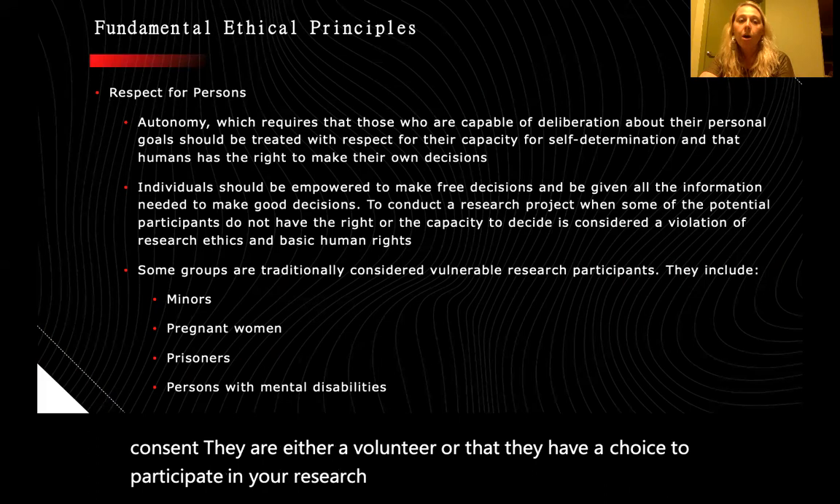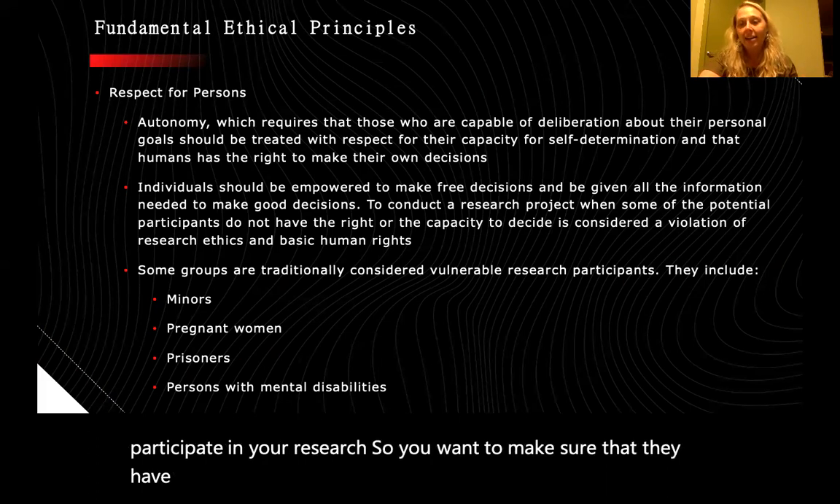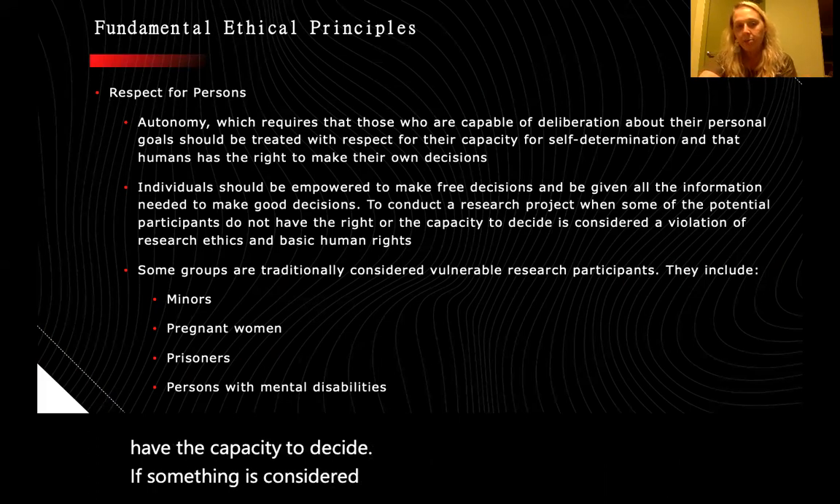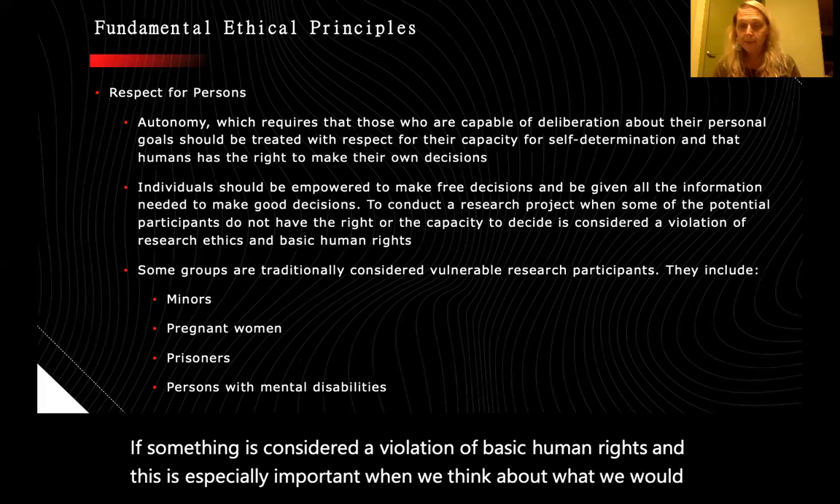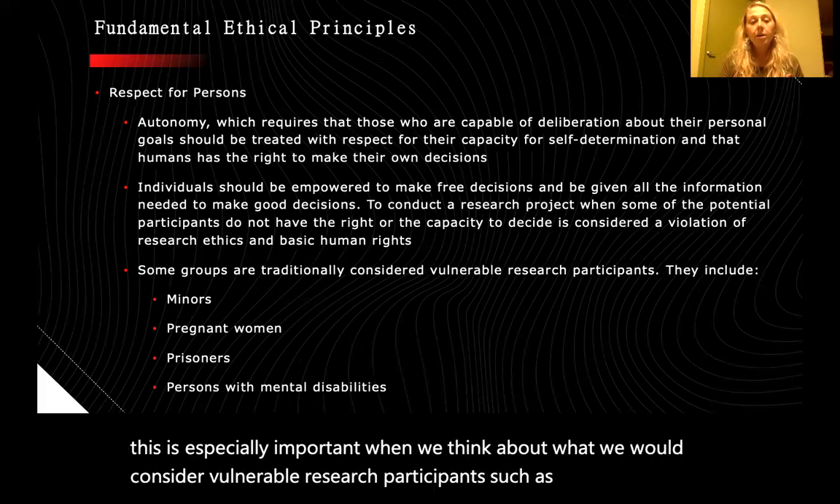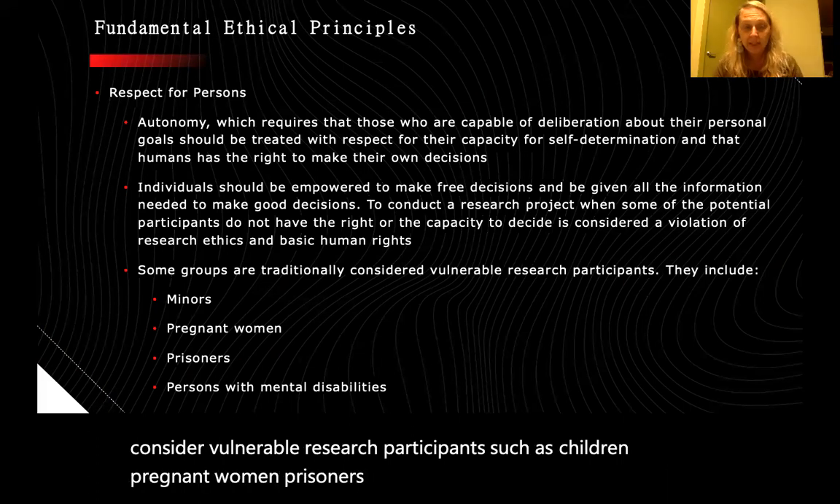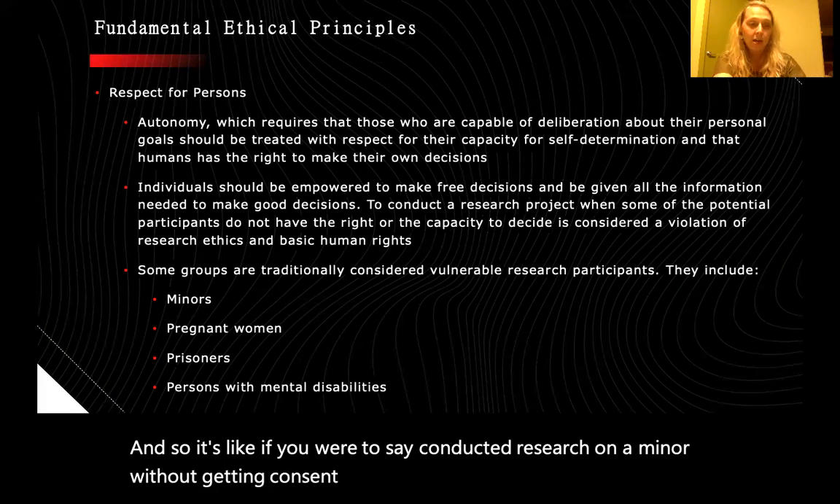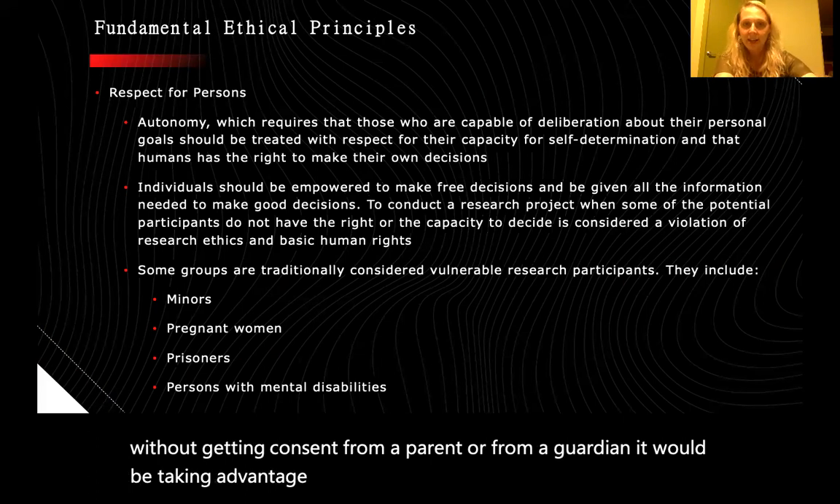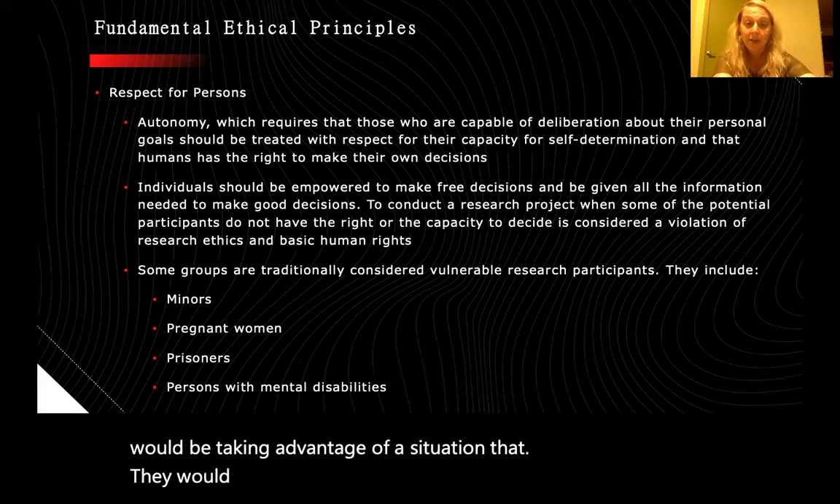So you want to make sure that they have the capacity to decide if something is considered a violation of basic human rights. And this is especially important when we think about what we would consider vulnerable research participants, such as children, pregnant women, prisoners, and persons with mental disabilities. If you were to conduct research on a minor without getting consent from a parent or from a guardian, it would be taking advantage of a situation where they would not be capable of